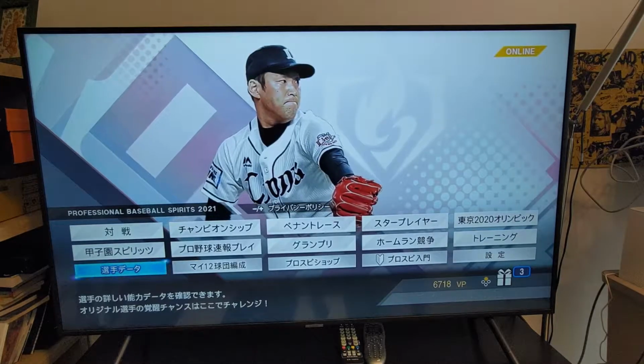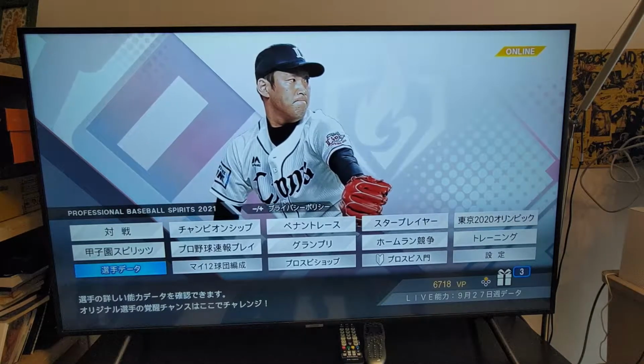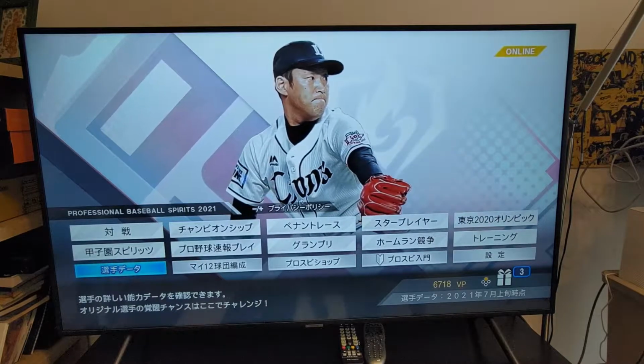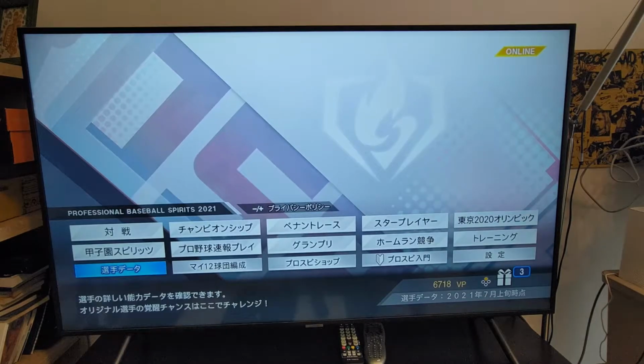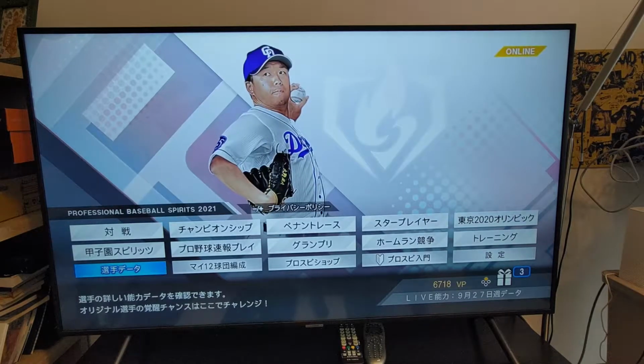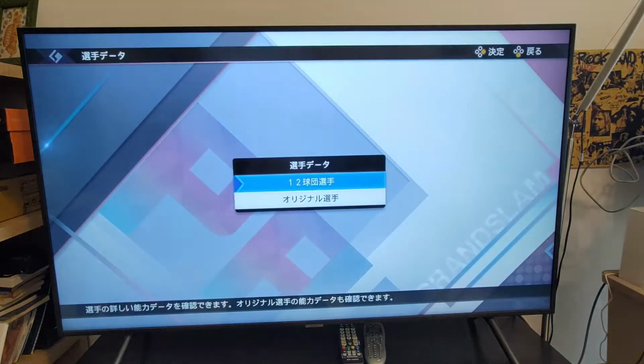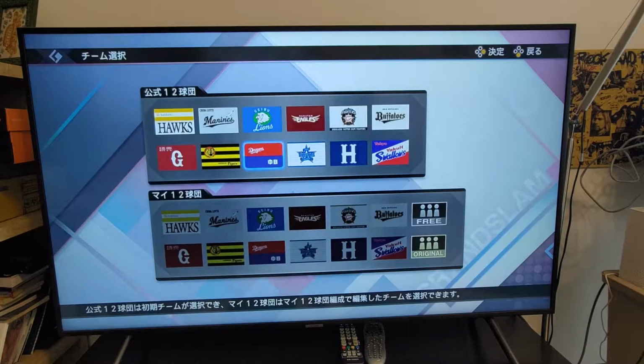to activate special abilities or to improve existing players based on the items and experience points that you have or something like this. I don't know exactly how to describe it, but this is where you can check the player list and then improve certain players and stuff like that. So yeah,